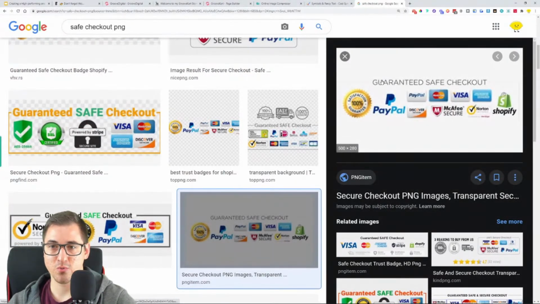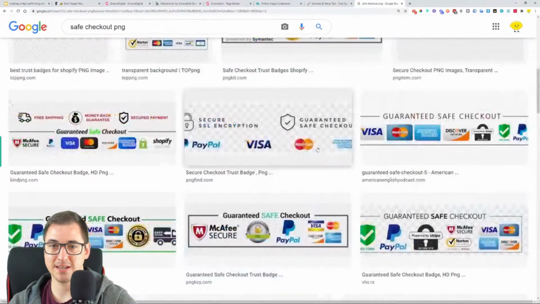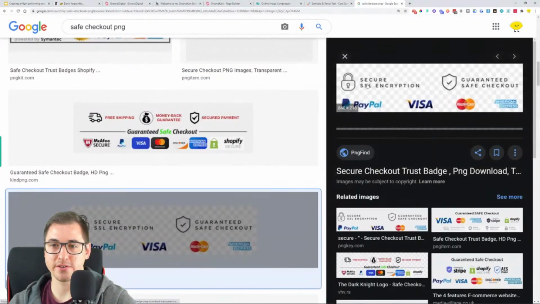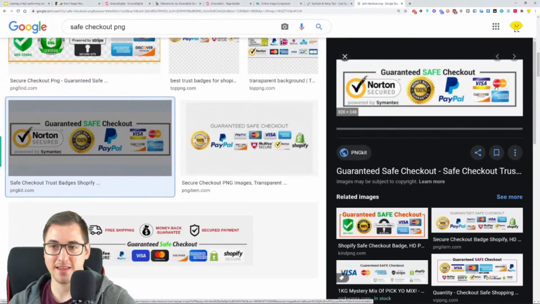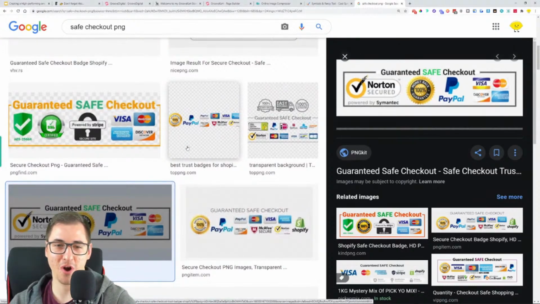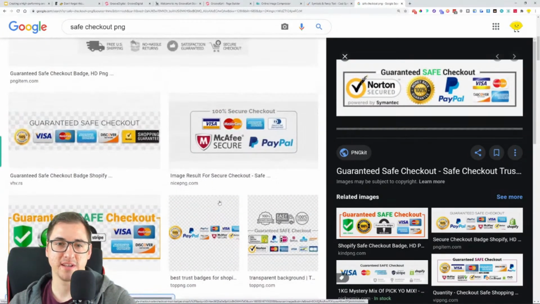Right here, you're waiting to load, and once you see these little gray and white squares after it loaded, for example, this one, it is a transparent background. Some of these they say that they are, but they are not. Once it loads in, it doesn't show you these. So this is how you know that it's loading in. But if it loads and it doesn't show you these gray and white squares, then